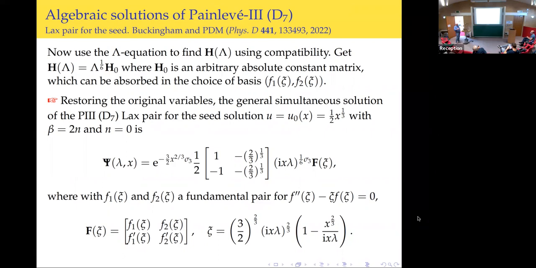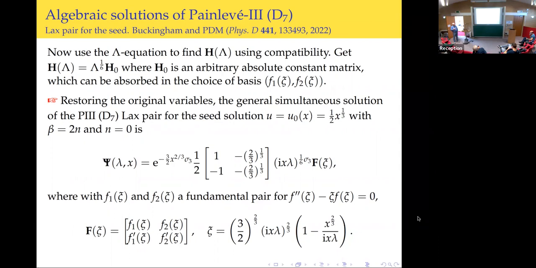seed solution 1/2 x to the 1/3, which had these parameter values, the parameter n is equal to 0 for that one. Really, the simultaneous solution can be written like this. So again, we had a diagonal matrix, and there was also a gauge transformation that was constant. So that's all this stuff now. Here's that exponential factor that we took out at the very first step. And then over here, this is the Airy matrix, right? So this is the fundamental matrix for Airy's equation,